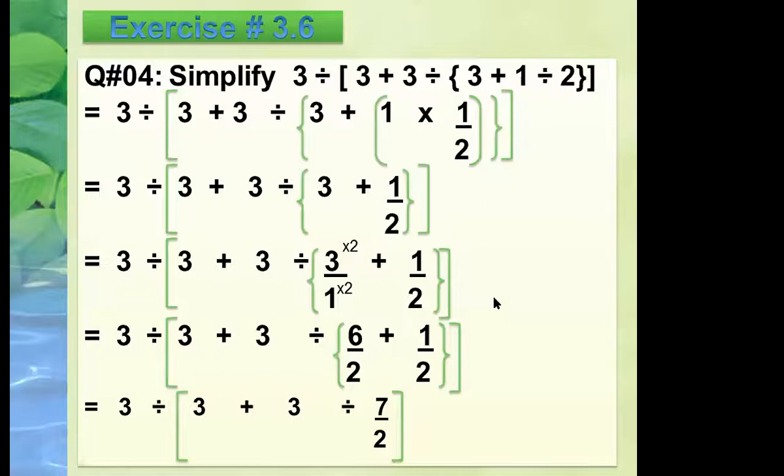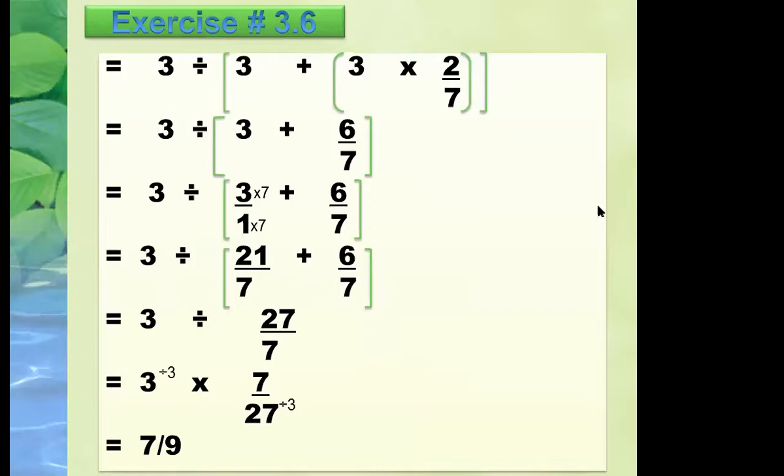Now moving back to the question. So this was the question that I have explained today. So what will be the answer after that? 7 upon 9 is my answer here. Okay, is that clear? Please tell me. Is that clear, students, so that I can move on to the next topic?